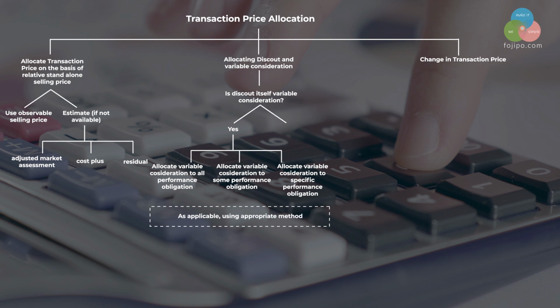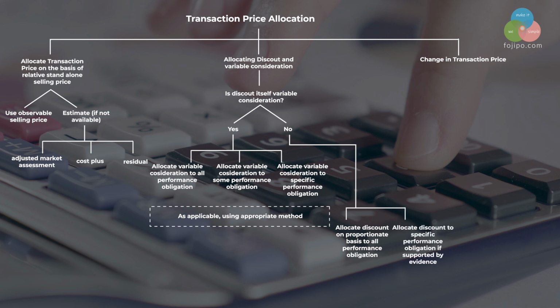If the discount is not variable consideration, then you should allocate the discount on a proportionate basis to all performance obligations unless you have evidence to support that the discount is applicable only to a specific performance obligation, and in that case you can allocate the discount to that specific performance obligation alone. Please always remember that the discount is allocated after allocation of variable consideration,